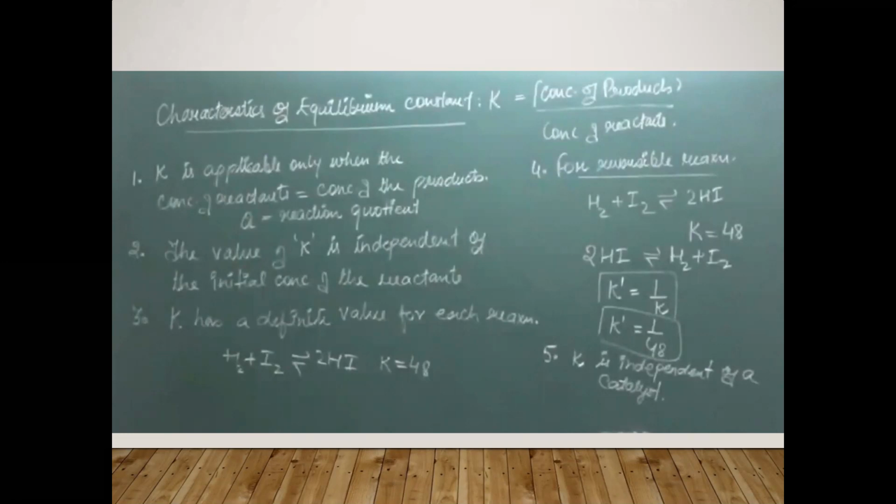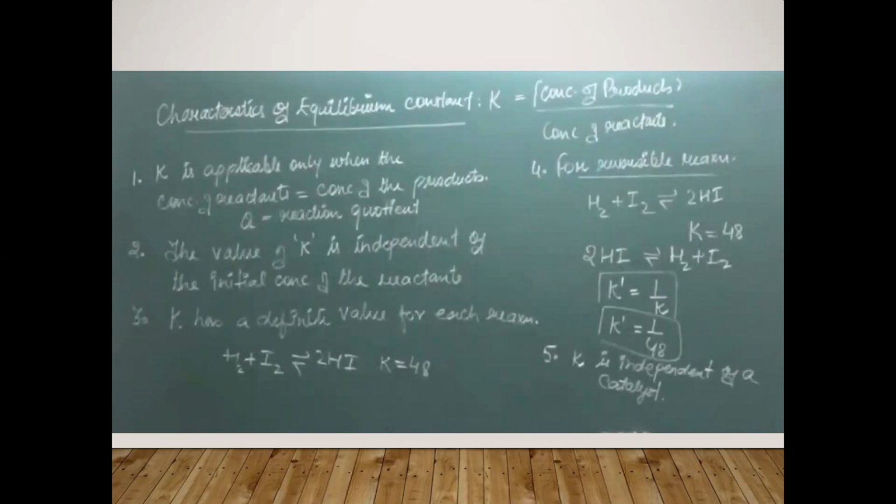And if the reaction is at equilibrium, only then the concentration of reactant and the concentration of product is constant. But if at any time during the reaction we calculate the constant value, then that is called the reaction quotient. If we divide the concentration of product by the concentration of reactant at any time, it means the reaction has not attained equilibrium, and what we calculate is called Q, or the reaction quotient, that I have explained to you already.